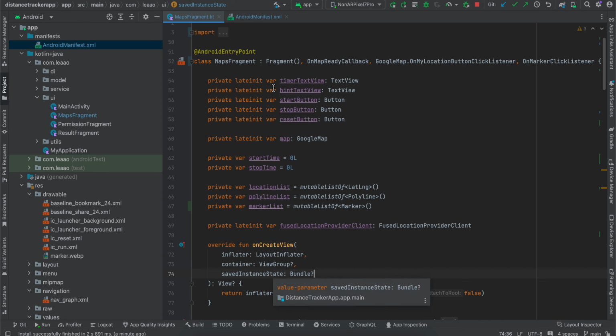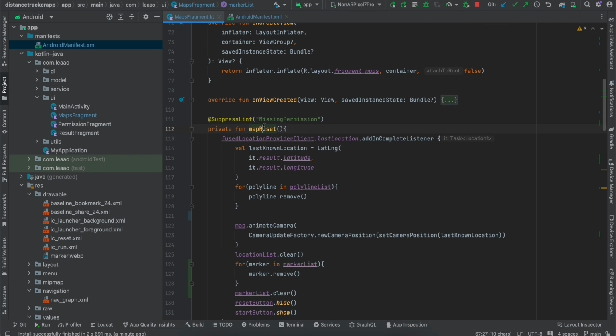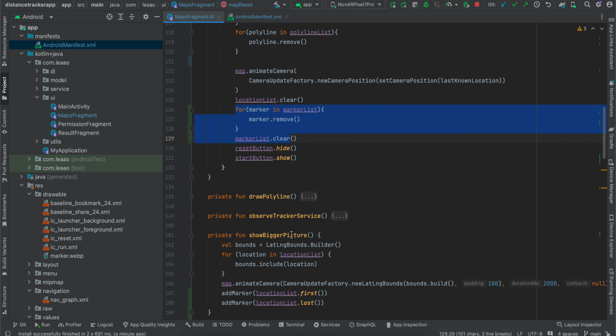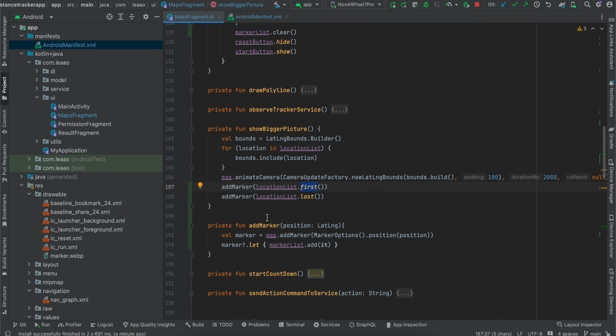So here, firstly, inside MapsFragment, I have added this marker list, a mutable list of Marker. Then what I have done inside map reset is we are looping over the list and removing all the markers, as well as clearing the marker list. So these two things. Next, inside show bigger picture, I am calling this addMarker for first location and last location. And if you see the addMarker method, it basically takes a marker from your position and adds it to the marker list,